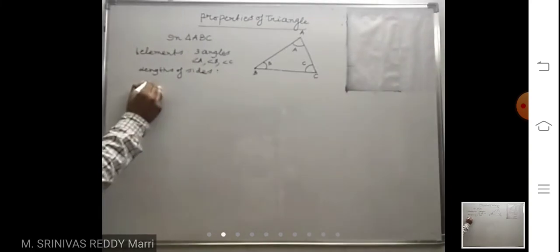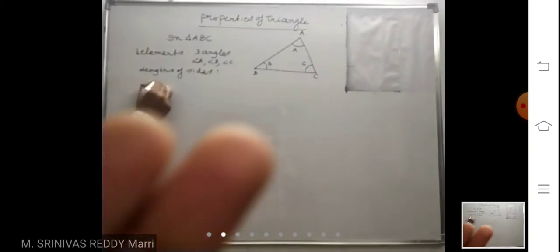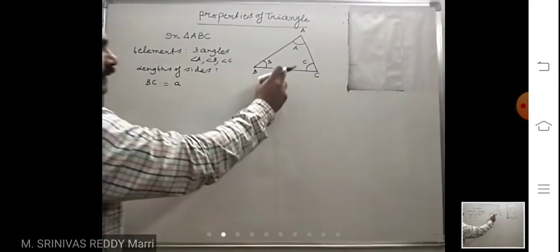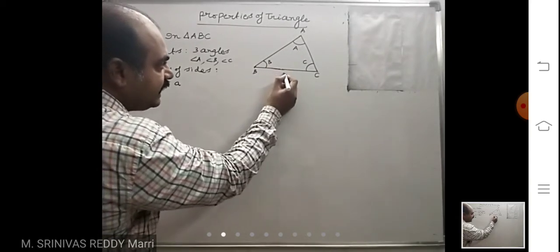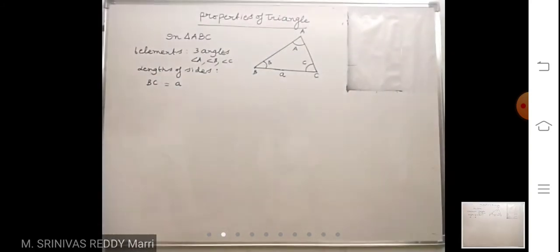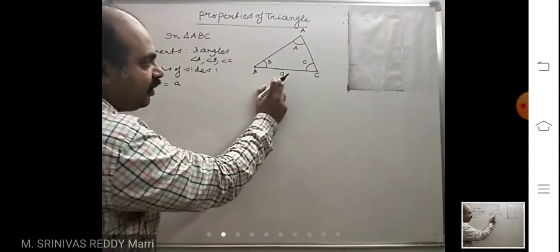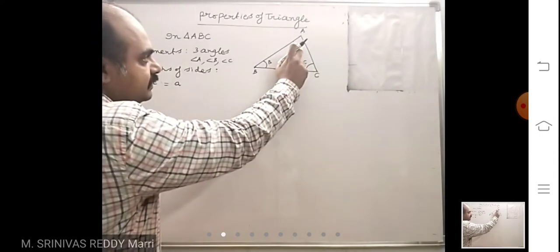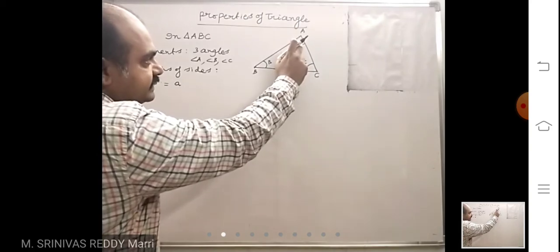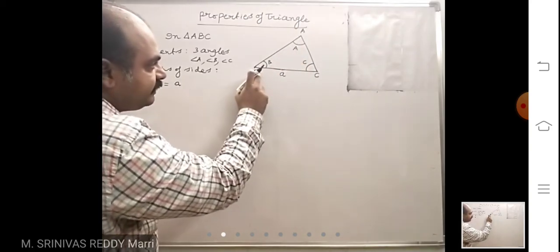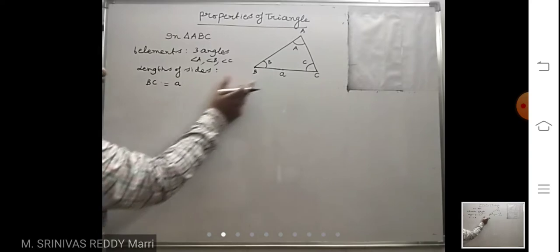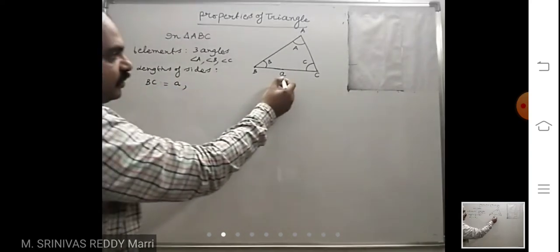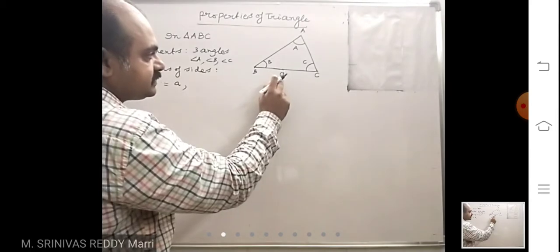This BC is one side. This length is called A. This is the side opposite to angle A. This side length is denoted by small a. Whenever in the problem, in triangle ABC, small a is given, it means big A is angle A. Opposite to angle A there will be one side, that BC, and it is denoted by small a. This is notation. This BC is small a.